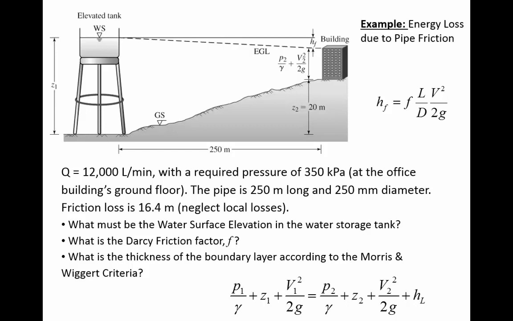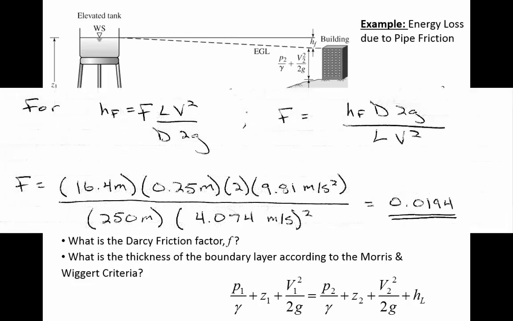Okay, so the next step is calculating the Darcy friction factor. And you know, this is really just a gimmick at this point in the example, because you'll never calculate the friction factor from a given h sub f. It'll always be the other way around. But that's just to get some experience implementing the equation. So when we do that, if you rearrange the Darcy-Weisbach equation to solve for f rather than to solve for hf, then substitute in all the values, you end up with a roughness of